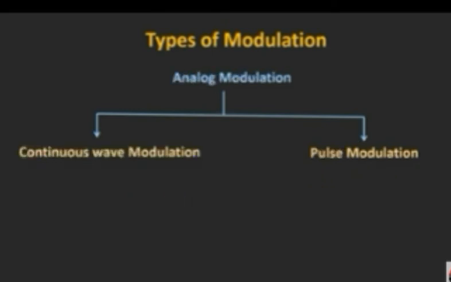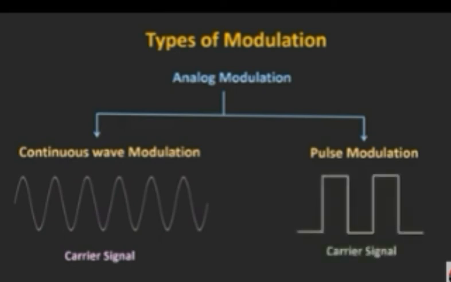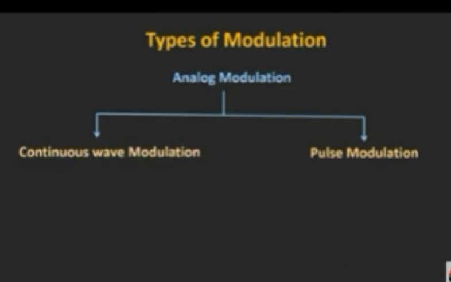Based on the type of carrier signal, analog modulation can be further classified into two categories: continuous wave modulation and pulse modulation. If the carrier signal is a continuous wave signal like a sine wave, then it is known as continuous wave modulation. On the other hand, if the carrier signal is a pulse signal, then it is known as pulse modulation. And first of all, let's see the different types of